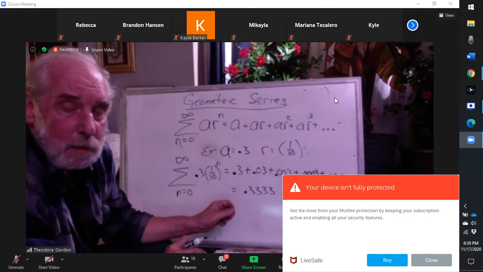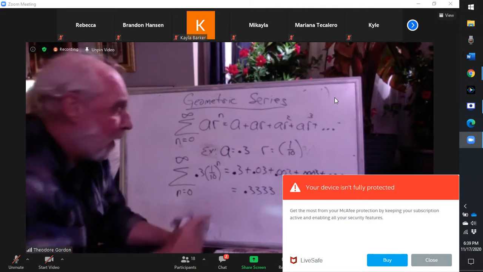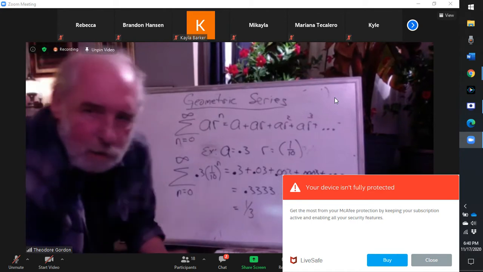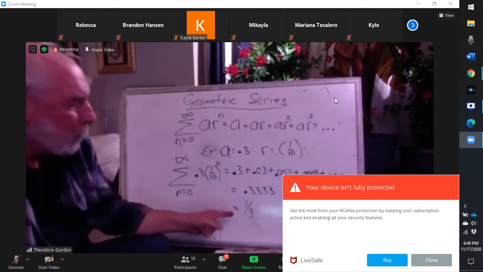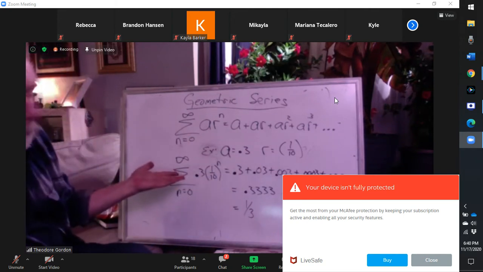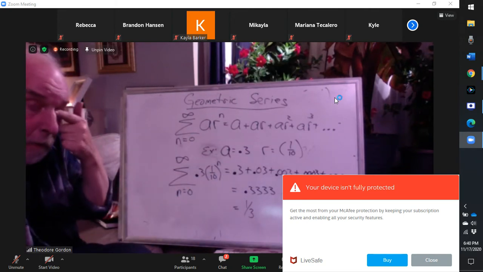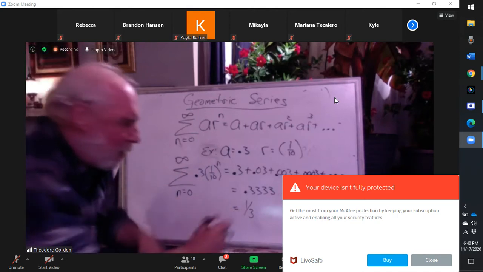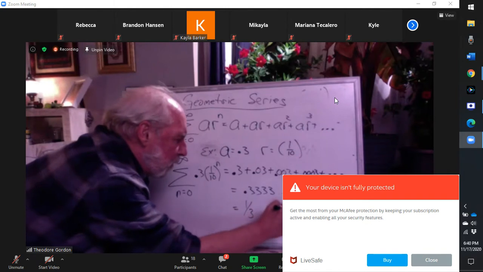A third. Yeah, so this adds up to 1/3. Somewhere along the line, you were taught that 1/3 is a repeating decimal, 0.3 repeating, and here we see that that's happening. Here's a case where, because we added up to a number, this series